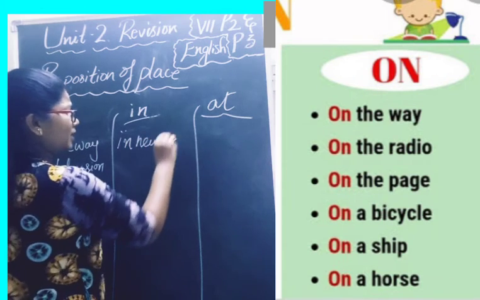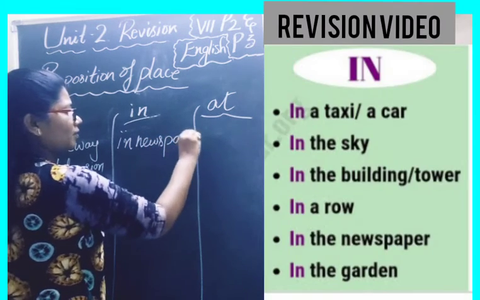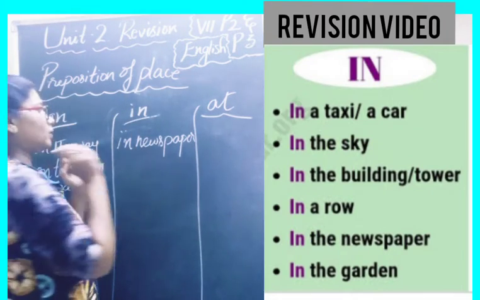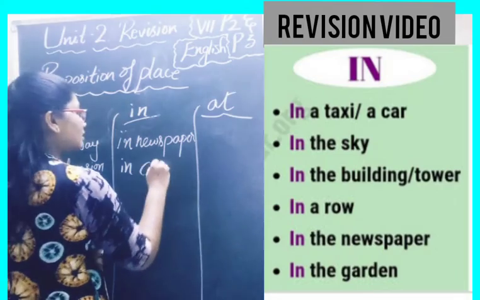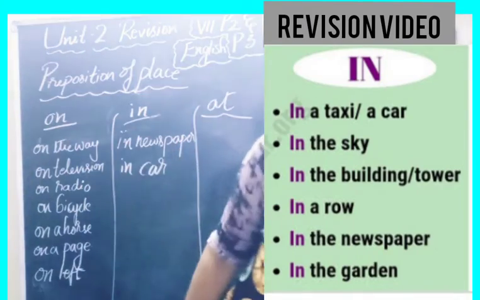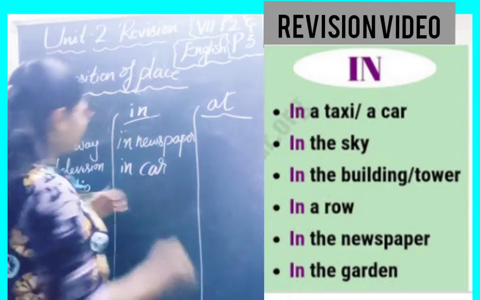We use "in the newspaper." They have given it in the newspaper, not on the newspaper. In the newspaper, you should say. In car, in car. Okay, and then also we could use "in a row," standing in a row,